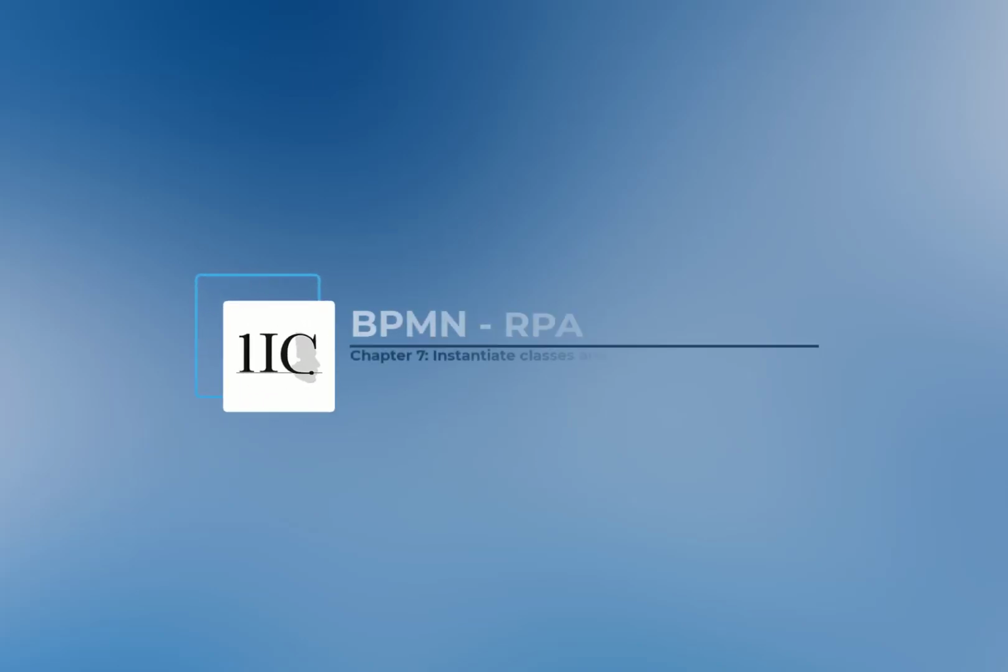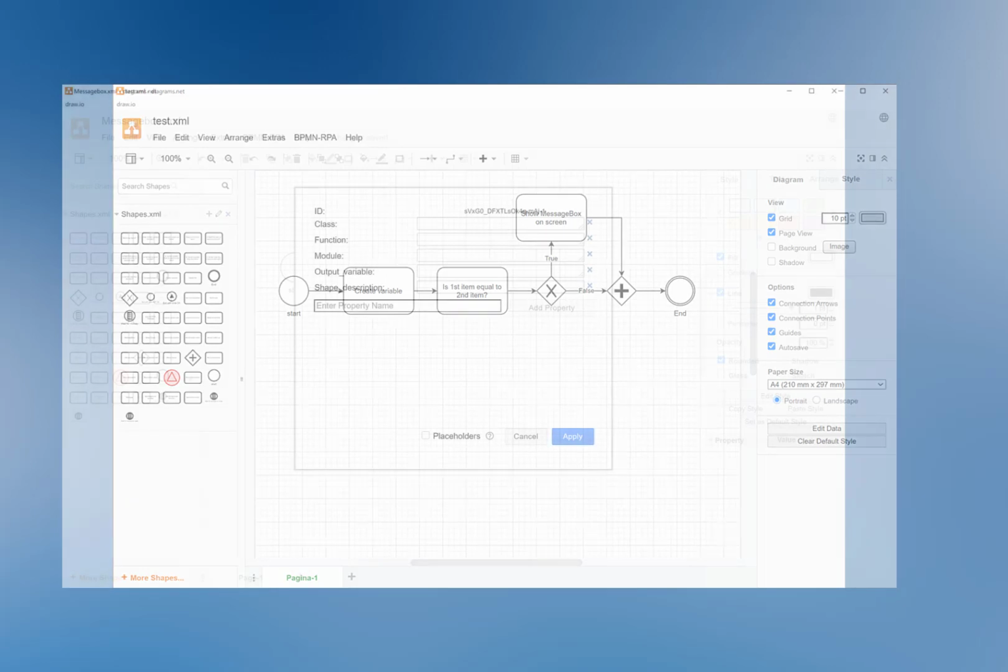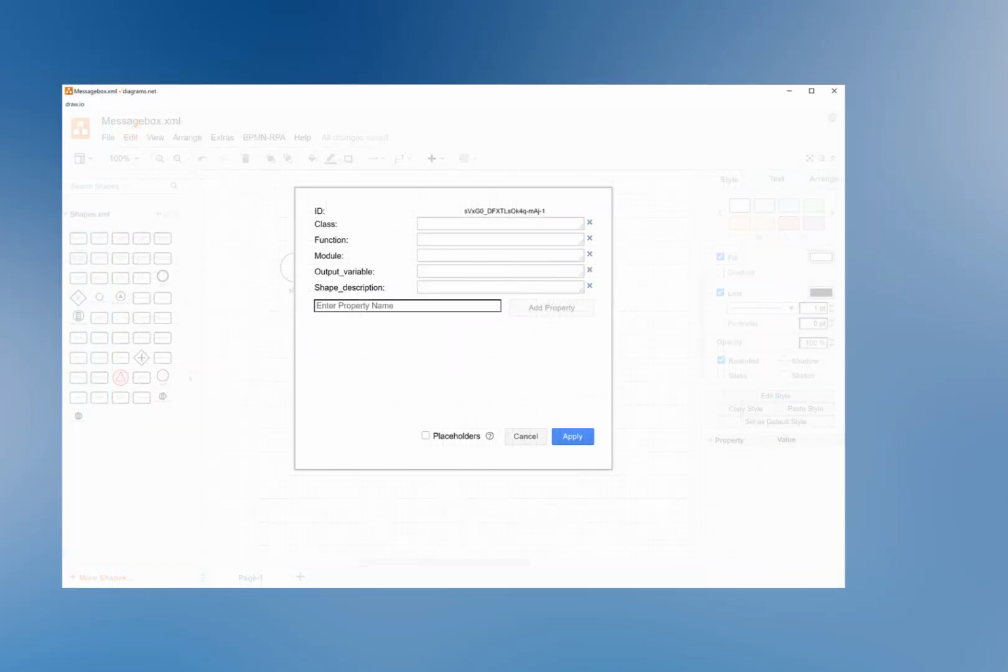Chapter 7. Instantiating classes and optimizing performance. In BPMN-RPA you can create a visual flow that executes Python code. To call Python code, you have to set references by using the shape attributes. In this lesson we will have a closer look at how to optimize these references to call Python modules, instantiate